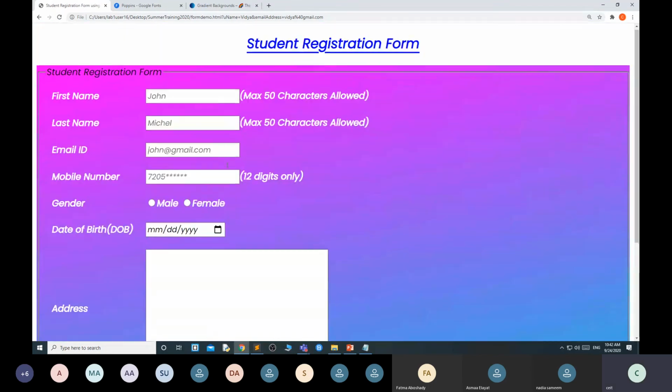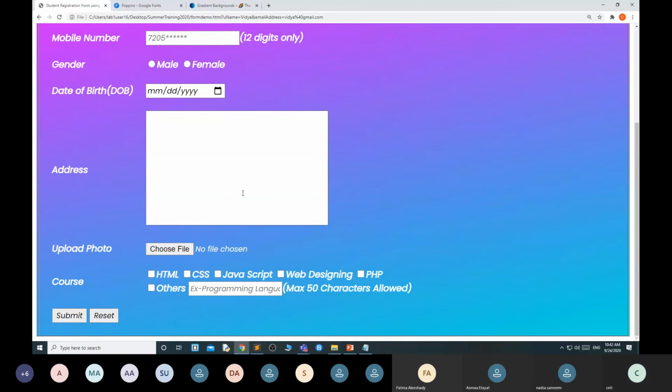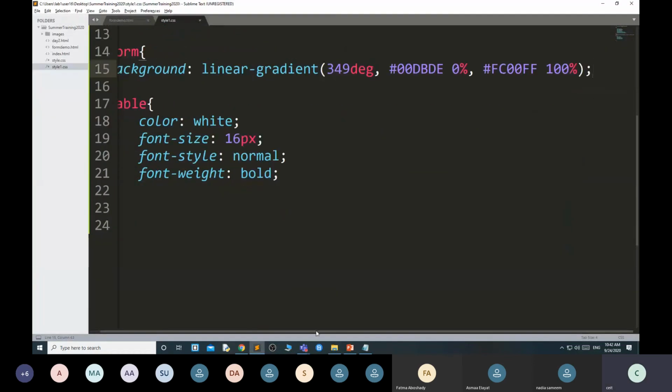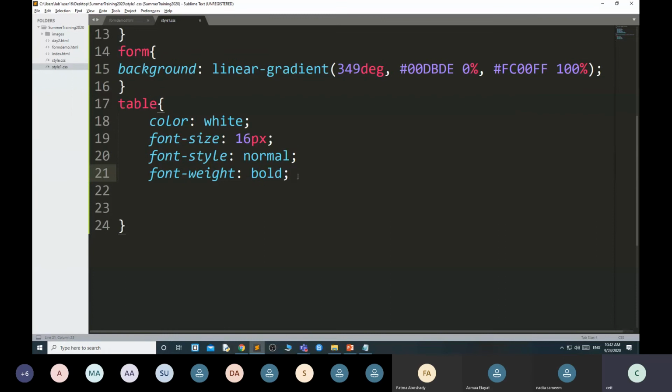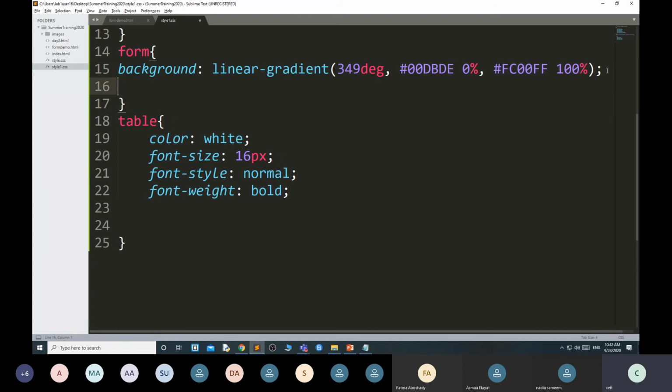The complete form gets the color. Understood? Then in table, no need of background color. Here form, you can use